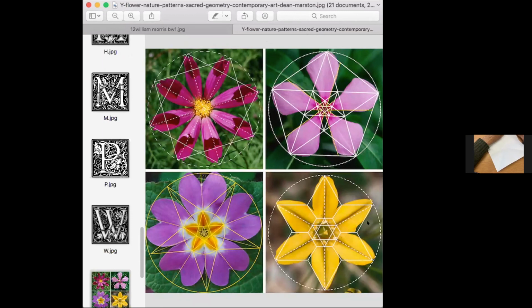Things are symmetrical, but things are also very balanced. I thought I'd put this example in so that you can create anything once you've got a structure. So I'll stop sharing here for a minute.